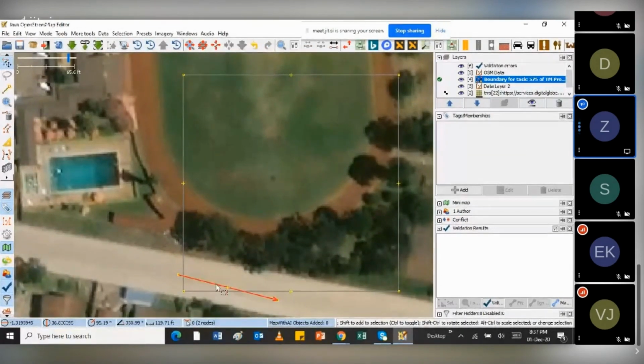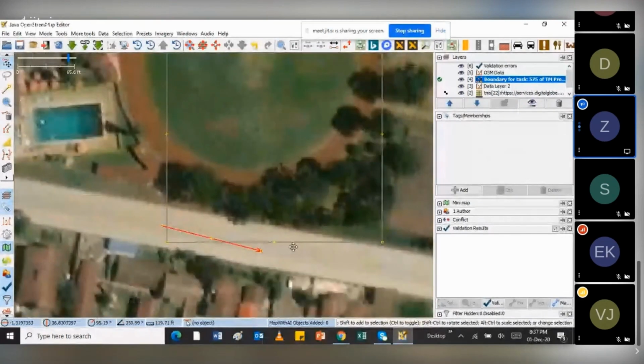So I've just tried to draw the road within this area. Whoever selects the square on this other side will continue drawing the road going this side.